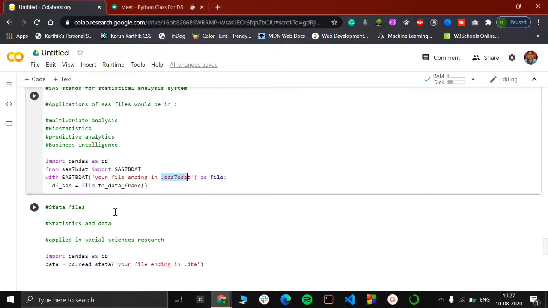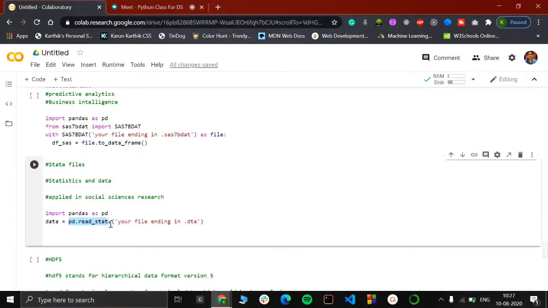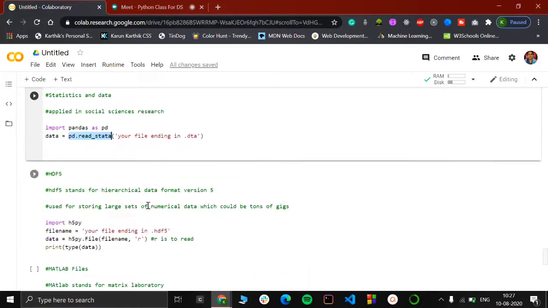Again, for Stata files, Stata is basically a joint word for statistics and data, and it is applied in social sciences research. For reading a Stata file it is basically simple. You can just use pd.read_stata, just how you do pd.read_csv. It is as simple as that. And next, for HDF5,